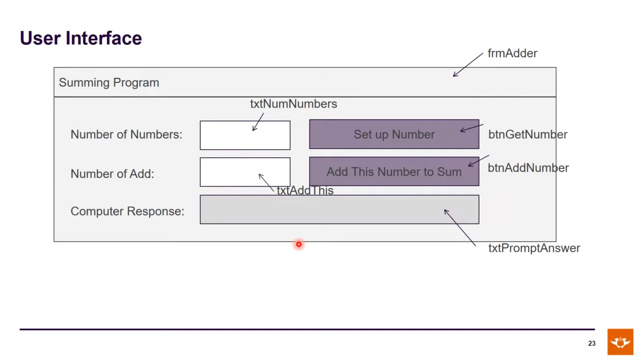So if I don't want them to type anything in there, what I would normally do is go to the properties window, you know what I'm talking about. So you select the text box, you go to the properties window. At this moment, there's only two things you know to do for a text box. You know you need to change the name of the text box, and you check to see if the text of the text box is empty at this moment because it's an empty text box. But if you wanted to put some text in the text of the text box, you would type something in.